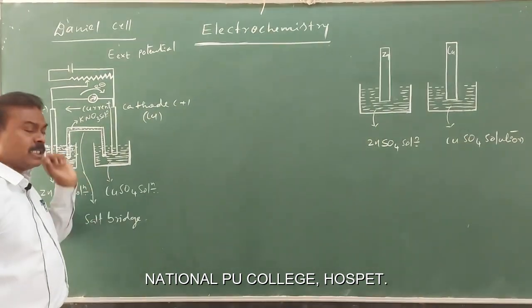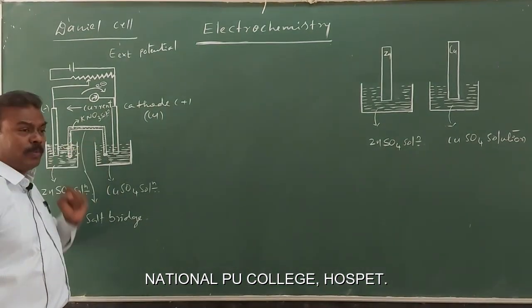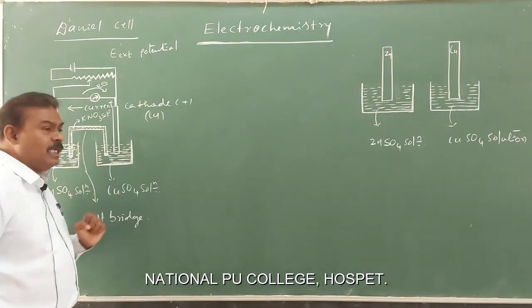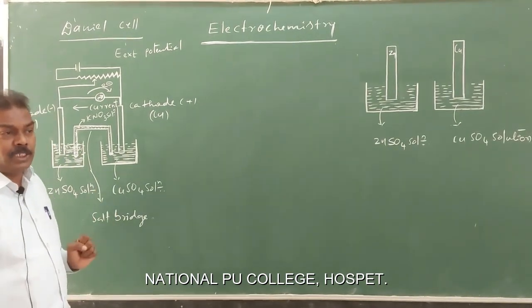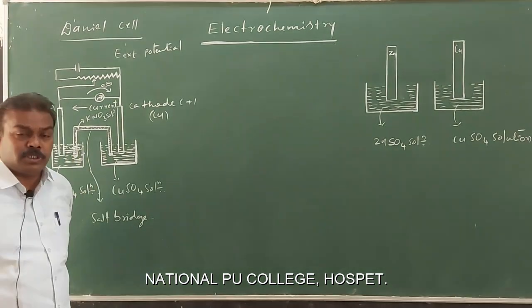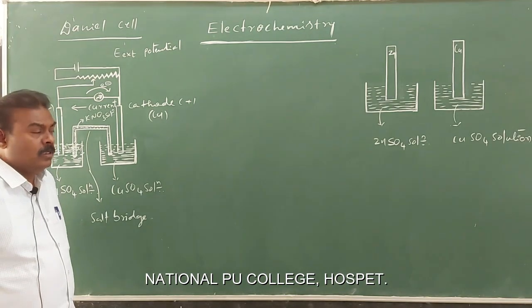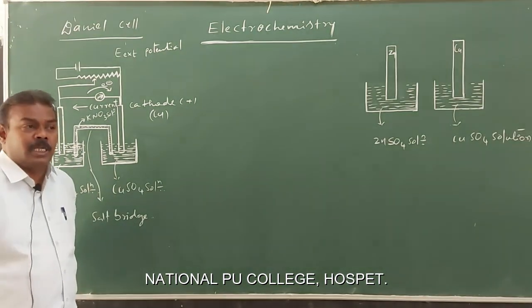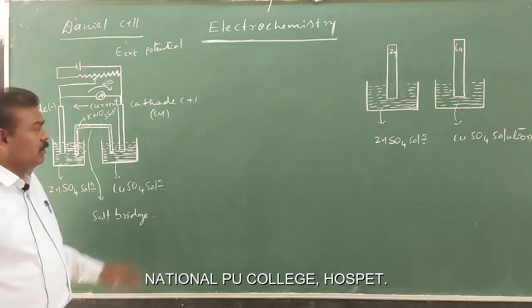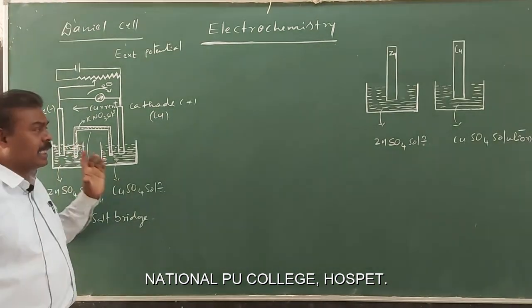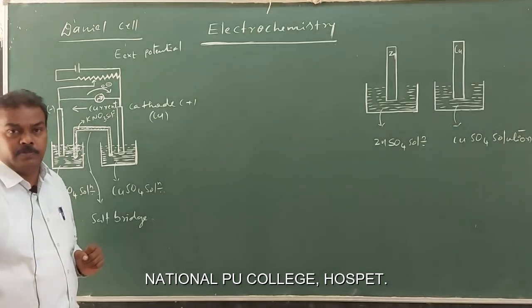And we already discussed what the salt bridge is, what the function of the salt bridge is, and why it is used in the electrochemical cell. These are all the points we have studied. Now, regarding the Daniell cell, we study three more points. The Daniell cell is an example of an electrochemical cell. We know how electricity is generated in the Daniell cell.